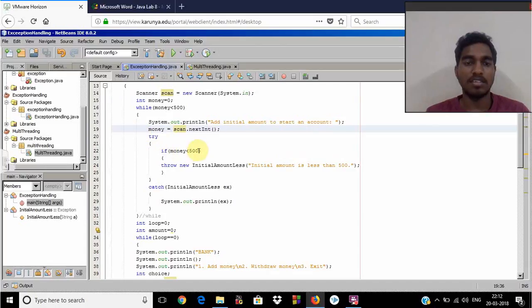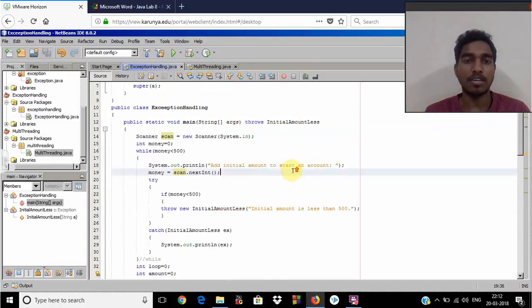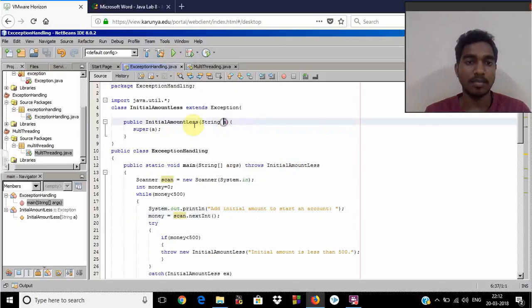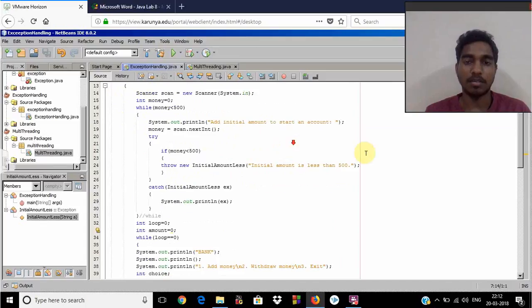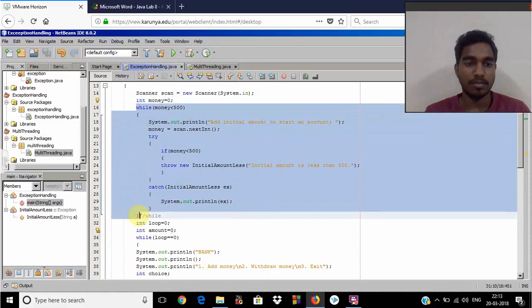So if money is less than 500, we'll throw the exception, that is throw new initial amount less exception with this message initial amount is less than 500. So this message will go to this string a, and this will in turn be passed to the superclass, and then it will be displayed. So if the user inputs money which is less than 500, this block is going to execute. So when there is an exception, the catch class will be called, and in turn the control will be moved to